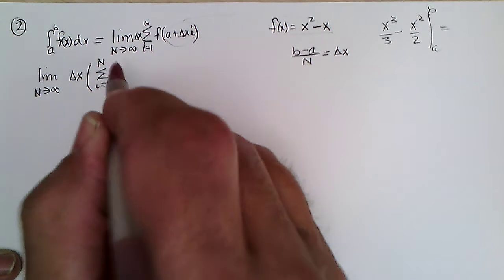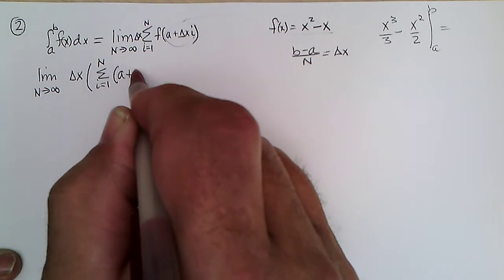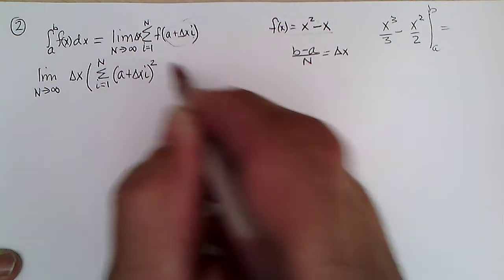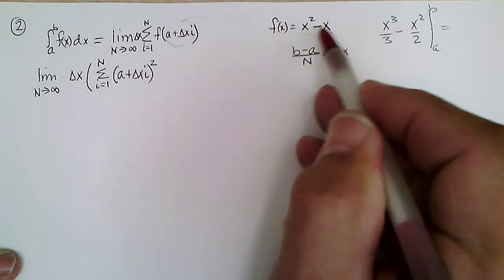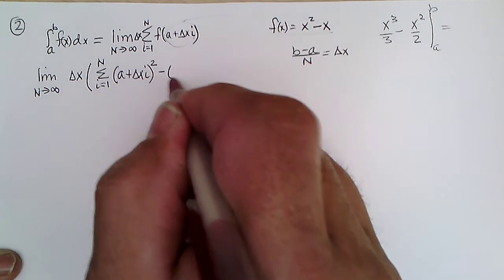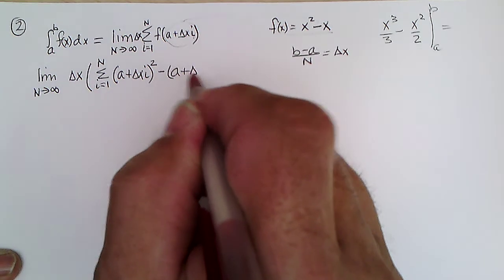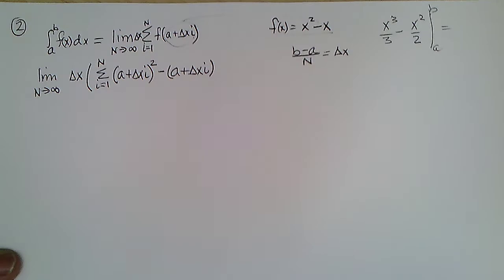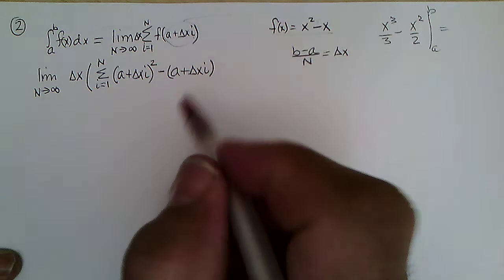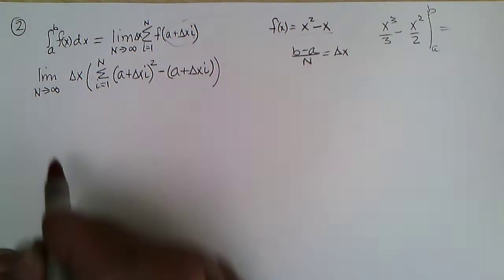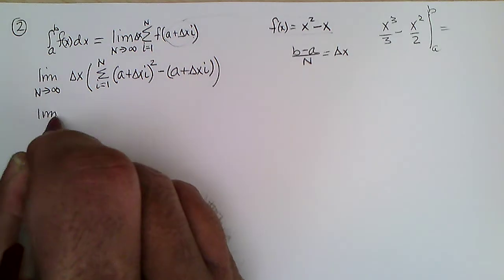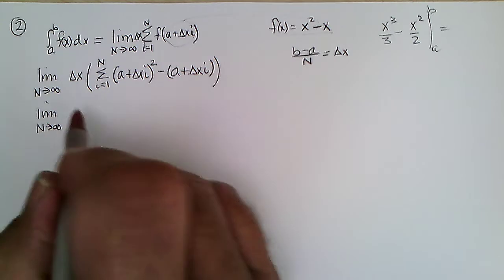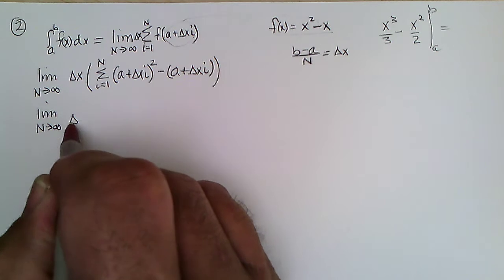So it's going to be a plus delta x i quantity squared minus a plus delta x i. Okay. So we have the limit as n goes to infinity of the width,